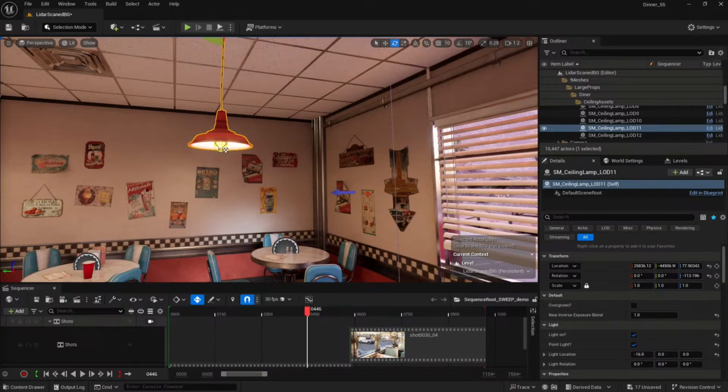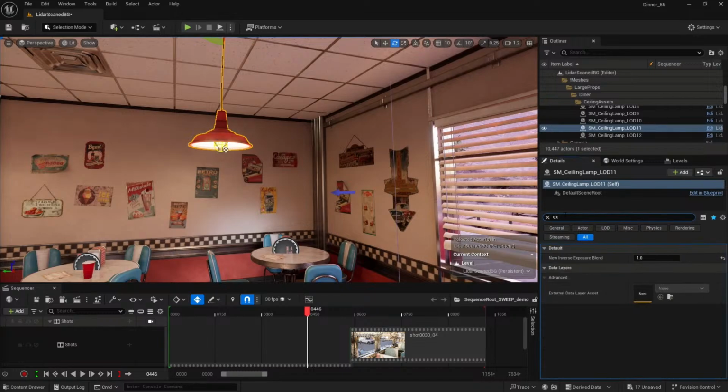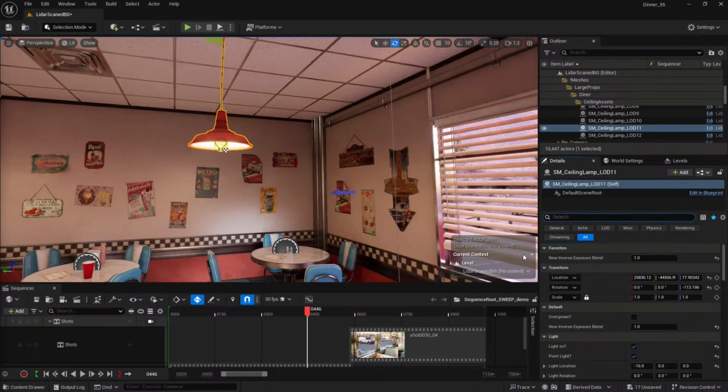Yeah, I'm immersed. Let's see if it shows up in the blueprint. Yeah. All right. So here, this is a great tip. Add to favorites. Do you guys know about favorites? Make sure you add your favorite things to favorites, because now I don't have to search for that. I have my little star turned on right here. So woohoo, there is the new inverse exposure blend.